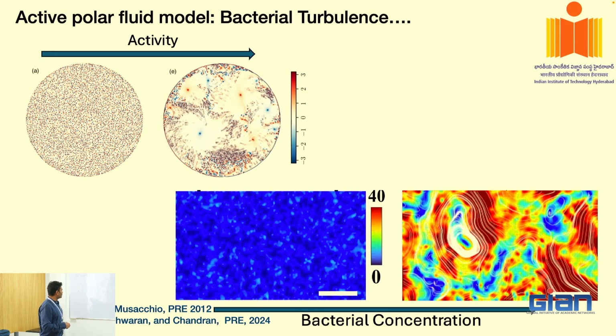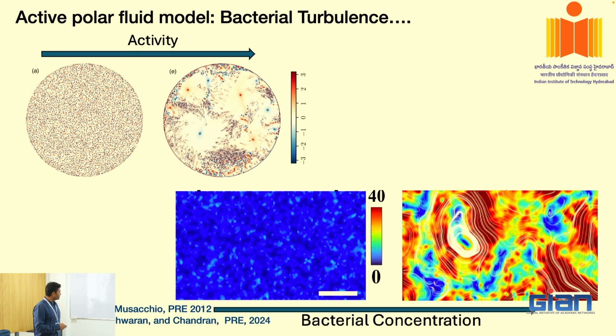So now if you look at the experiment done by the group of Shiva, what they did is increase the bacterial concentration, and they're saying that bacterial concentration is directly proportional to activity. If you do that, you can again start to see the appearance of large scale structure. Here velocity magnitude has been plotted. At smaller bacterial concentration it appears very blue, because the concentration is small, so the corresponding velocities are weaker.